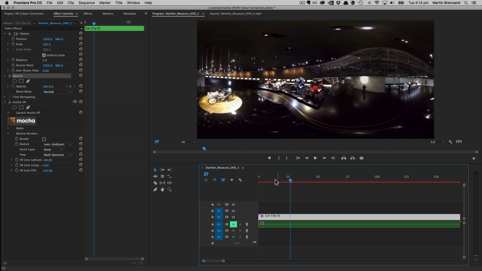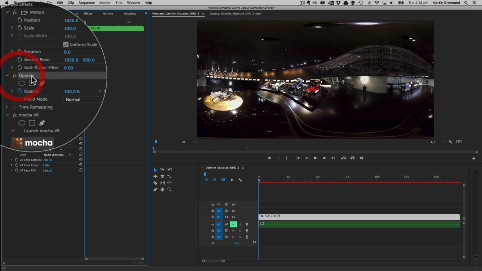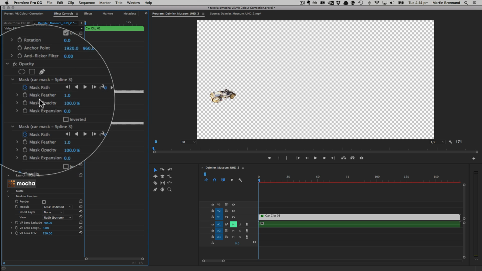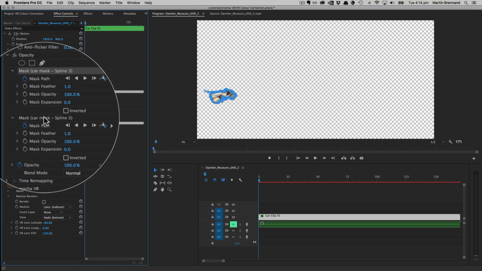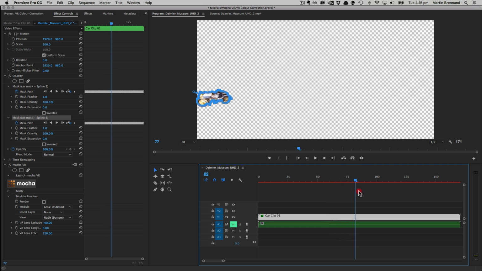So let's start by dealing with that car mask data we exported from the Mocha GUI. I'm going to select my car clip and drag my playhead back to the beginning of the timeline. And in the opacity field, I'm going to right click and choose paste. So what this has done is it's created two masks, a car mask here and a car mask here that you can't see yet. When I scrub through the timeline, you'll see that that mask is now covering our car,